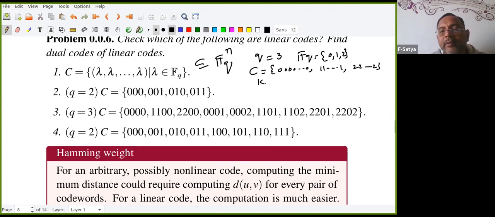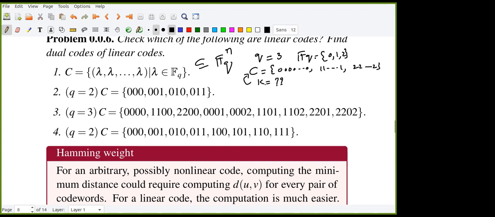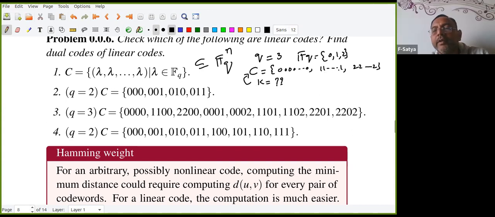What is the k value? k is the dimension of this subspace, right? It is 1. It is a one-dimensional subspace because this is the basis. I'll multiply by 0, 1, and 2 and get these vectors. I'll add these two and get the 0 vector again. It is clear, I explained through a ternary code. So the dimension is this.